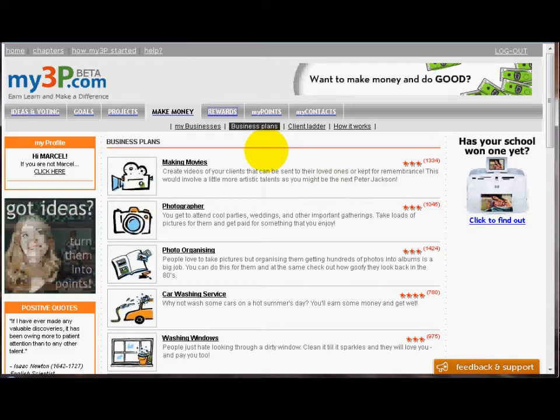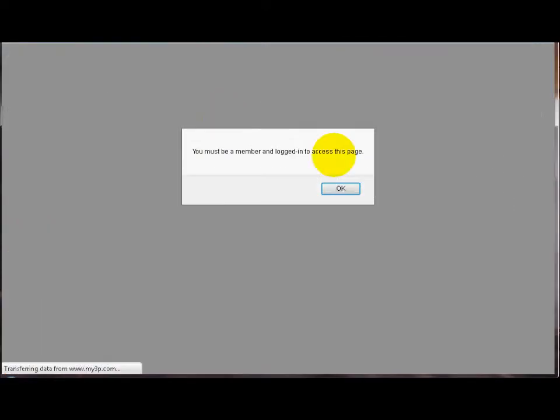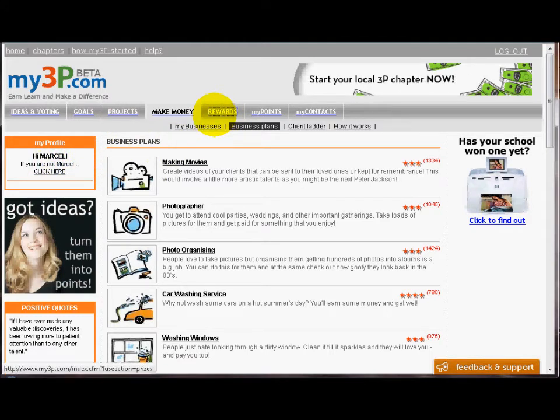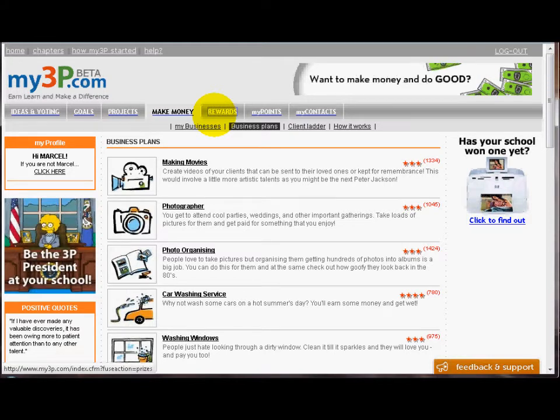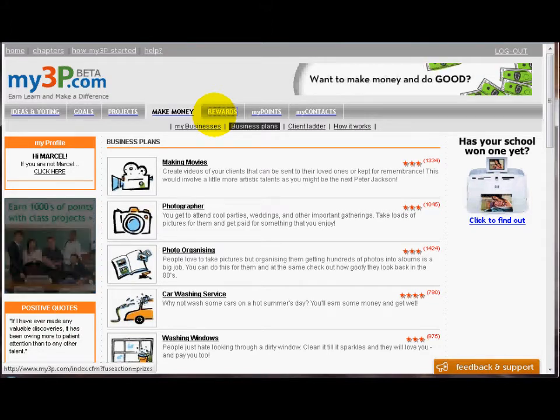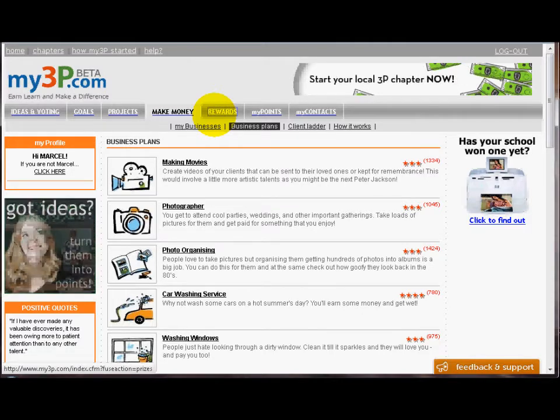Although you can't see it because it's giving me an error, I can't show it to you now; I'll redo this part of the video after. In essence, that was where we would list the items that users could redeem their points on. So in the prototype they could get phone cards, iPods, movie tickets, movie vouchers, things like that.